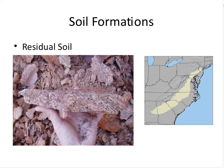Then that brings us to the next kind of soil formation, which is residual soils. If the other type was transported, then this type of soil is residual. It means it's where it resides. It went from rock to soil without ever being moved. You can see the picture I have right here on the left. This is one of my graduate students holding a big chunk of residual soil. It looks like a rock. It looks like it has